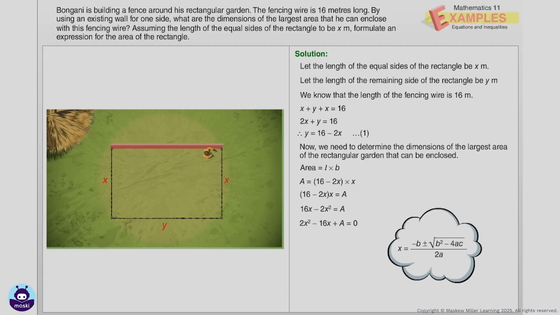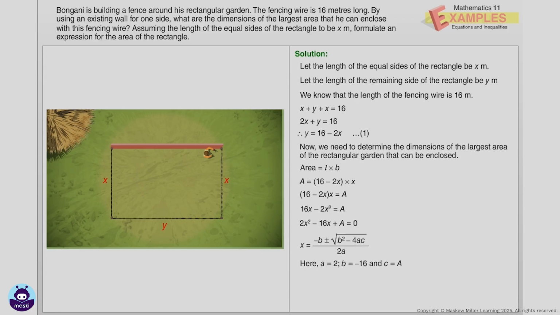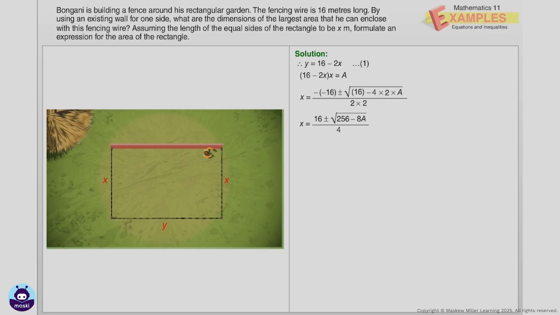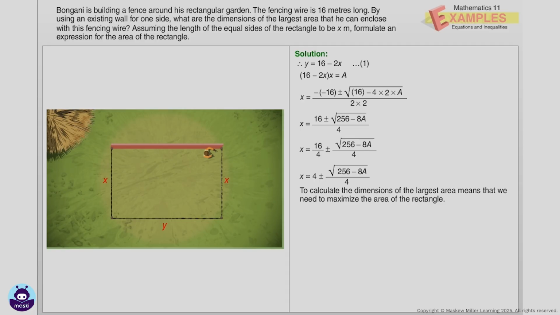Using the quadratic formula, we can determine the roots of the equation. Here, a equals 2, b equals negative 16, and c equals A. Substituting the values of a, b, and c, we get. Simplifying, we get. To calculate the dimensions of the largest area means that we need to maximize the area of